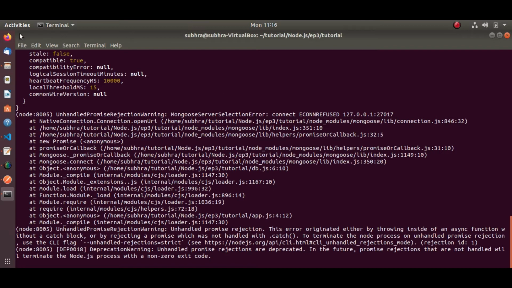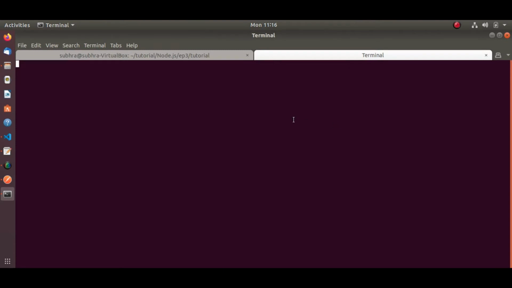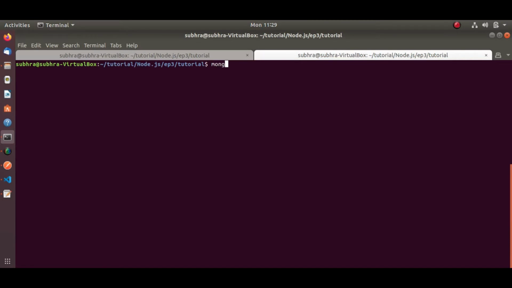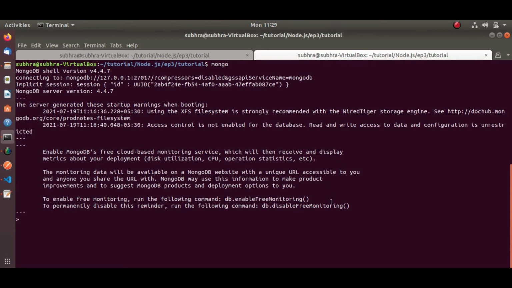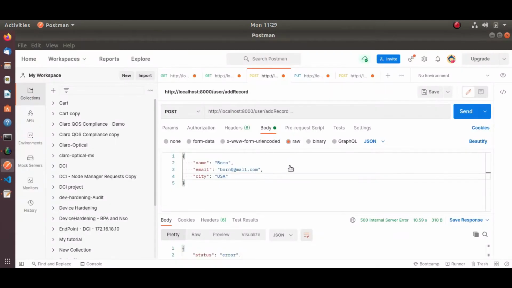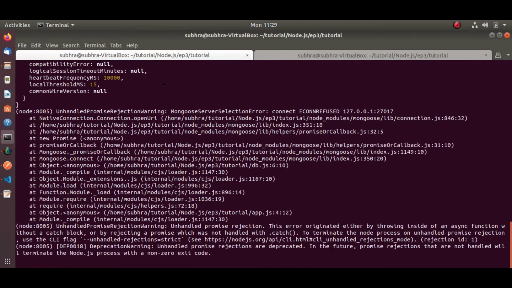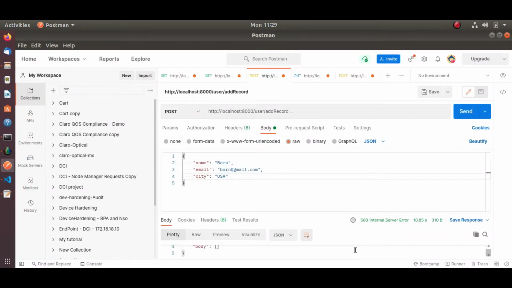Yes, there is some error, so we have to start the MongoDB. So it seems my MongoDB has disconnected. Let me check Mongo. Now it's okay, seems okay. Let me go back to Postman and enter the record. Still some errors are there.